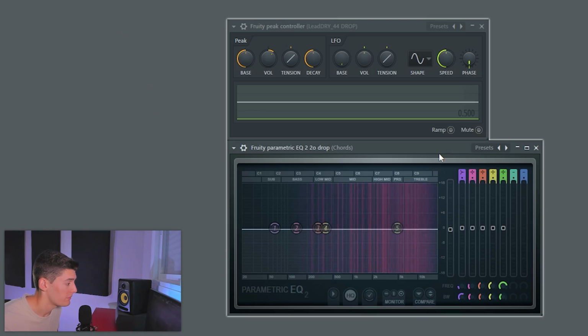This is just reducing around 1 dB and a half, 2 dBs, not more. And if we don't have the vocal, it's not reducing. So if you were thinking that maybe this was creating empty spaces in the frequency bands, no, it's not happening, because it's only reducing when the vocal is playing, and when the vocal plays, it's gonna cover